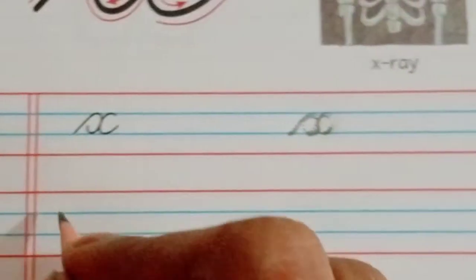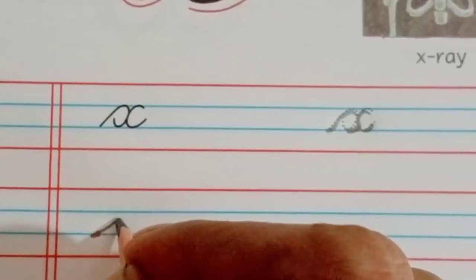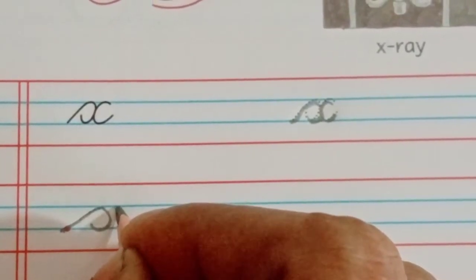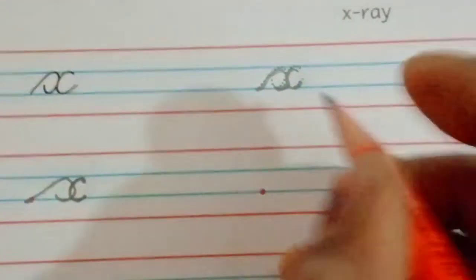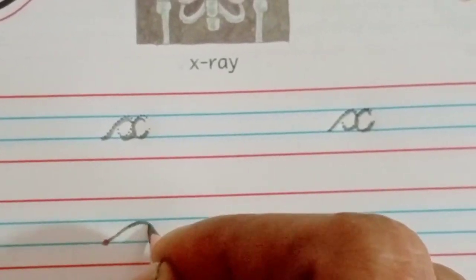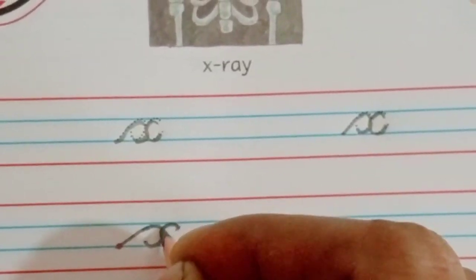Small cursive X. I told you, start from the third line. Go to the second line like this, an ulta C. Okay. Then one sida C, normal C. Start from the third line. Go to the second line like this. Then from here we make another one C. Okay.